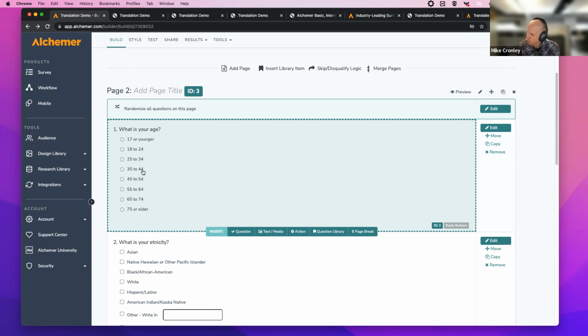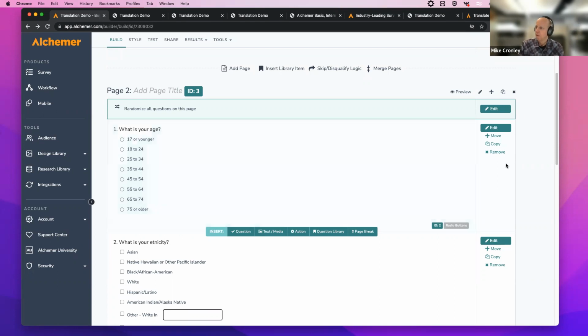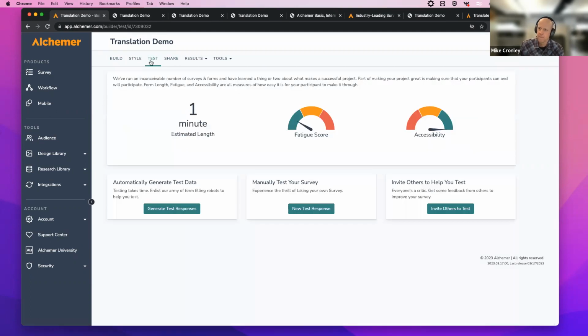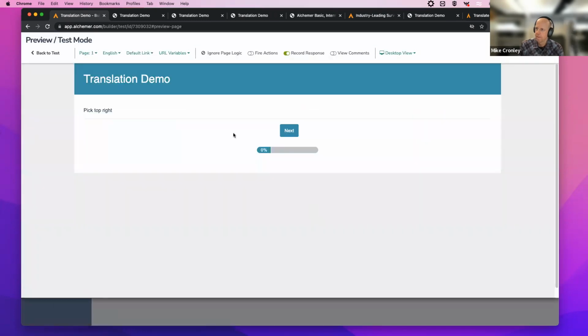Okay, I'll move on to survey links and all the different links that we generate and all the different links that can be used for testing and sharing. In the lens of links, one that we generate is a test link. If I am in the test tab and I am clicking manually test your survey, this is the same thing as the preview on the build page.